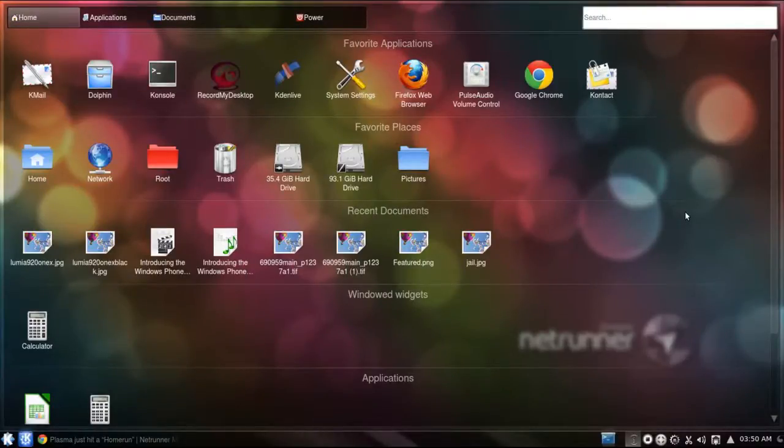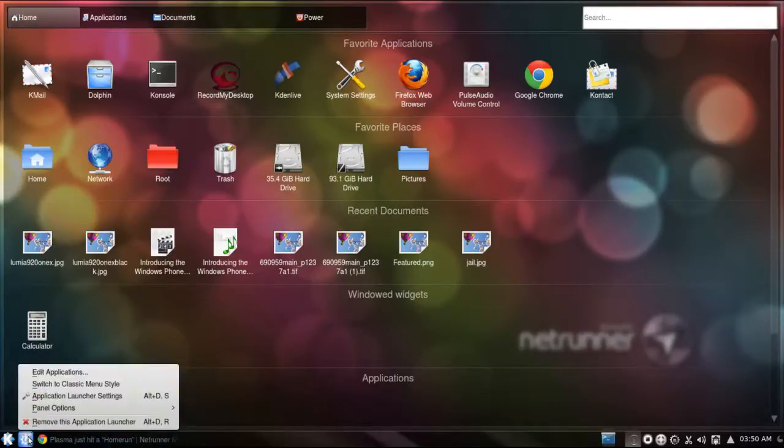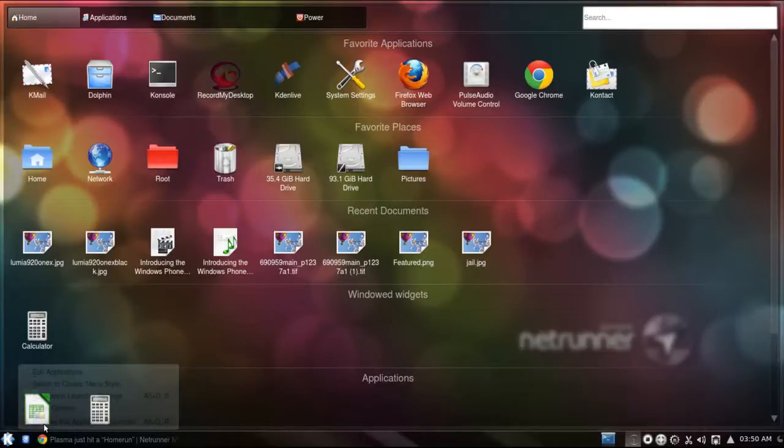In fact, you may have noticed that the main menu, or the regular menu, does not have the Netrunner's icon, and the reason is that Homerun has replaced the classic style menu as my main menu. So in fact, just to show you I'm serious, I'm going to remove my application launcher widget. Now, Homerun is divided in 4 different tabs. The first tab is called Home, and it's the main tab, and it shows your favorite applications,